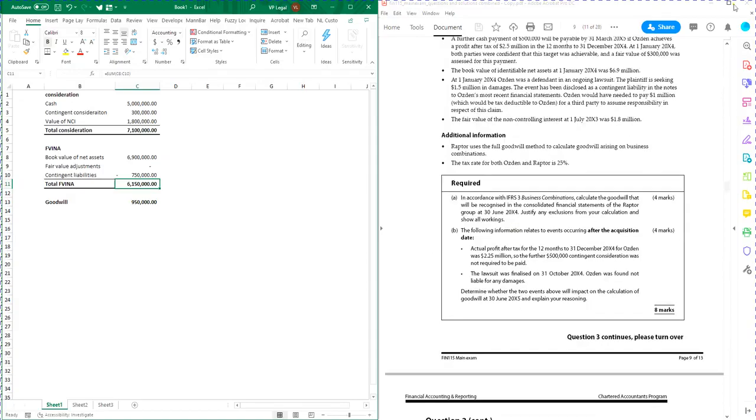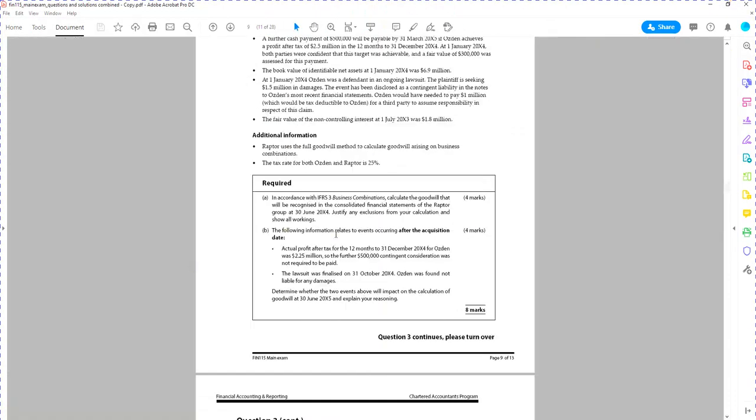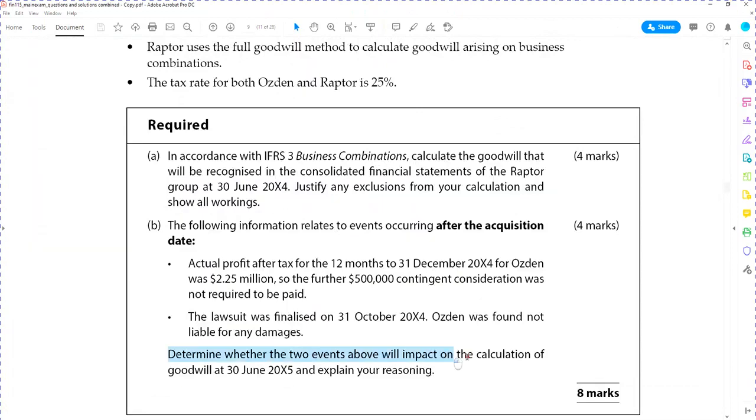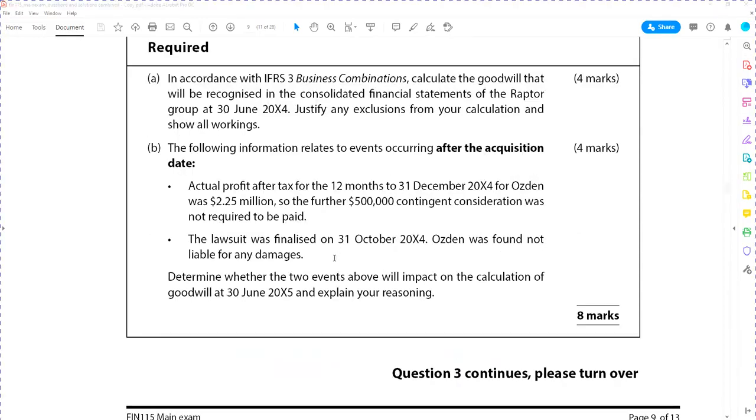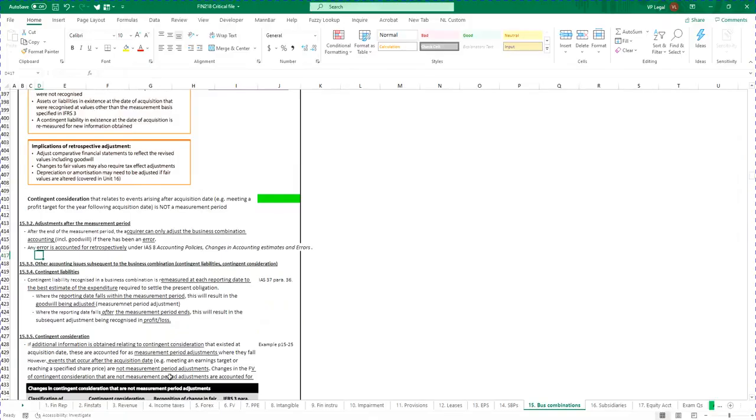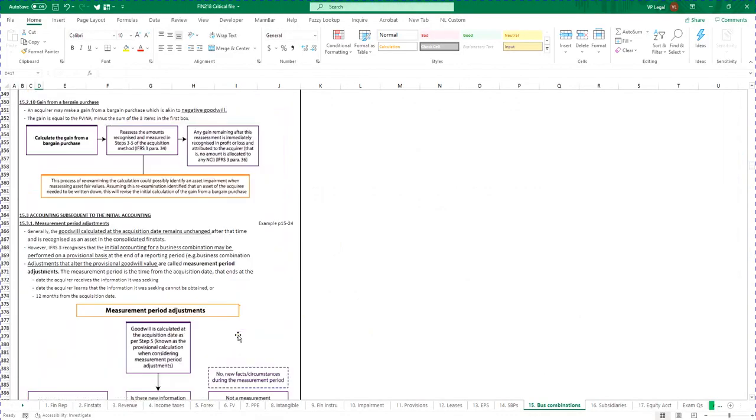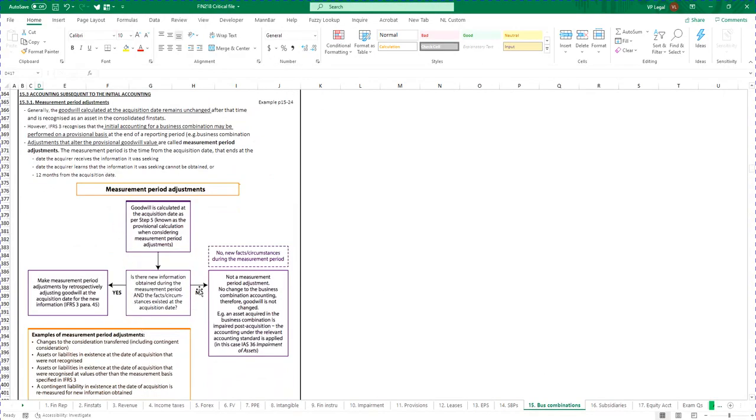Okay, so let's go through the next question now, which is whether or not the events above will adjust the impact of the calculation of goodwill at 30 June 20x5. Okay, so for this question we have to talk about adjustments to goodwill relating to events after settlement date. So if you look in your critical file notes, you'll see that it relates to this section here, which is called measurement period adjustments. And what this is basically